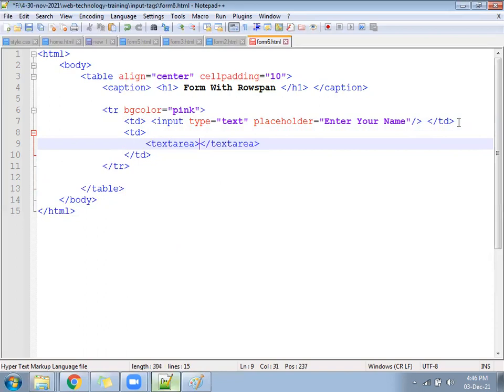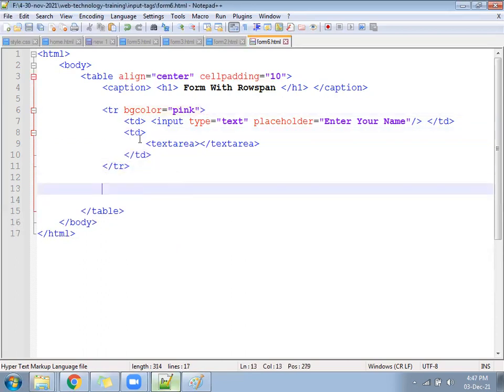Open and close, and let it be till here. Textarea open close. Next, you write another TR.